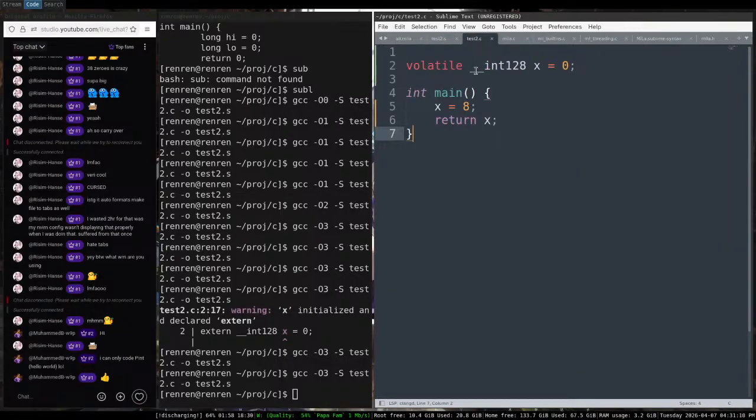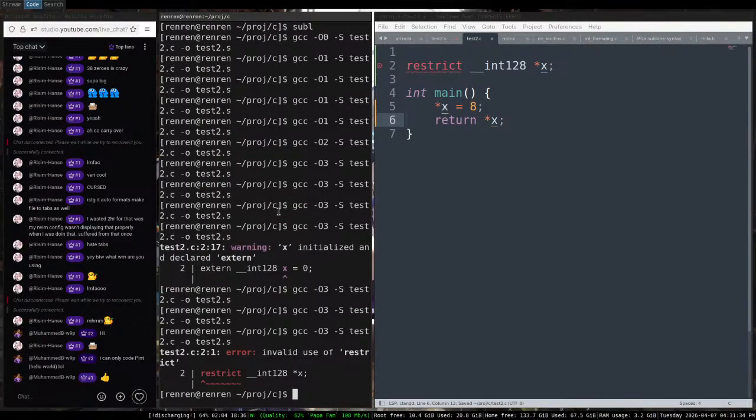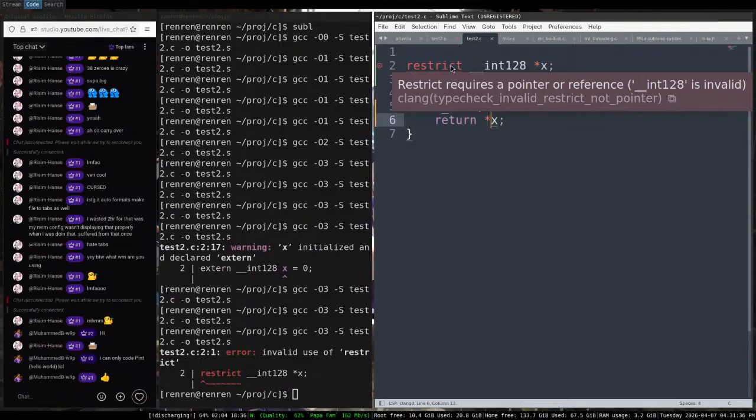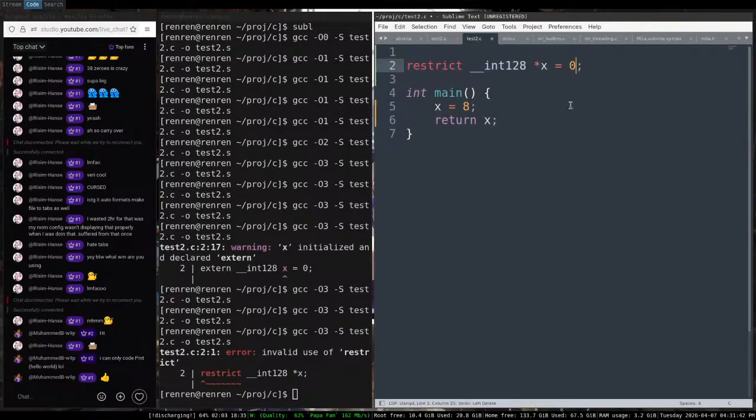So, what if we do restrict though? Okay, no, it doesn't work because it needs to be a pointer. So, well then, do that, dereference it, and set it. So let's see how it does. Okay, it doesn't. So yeah, cannot do that. Anyways,